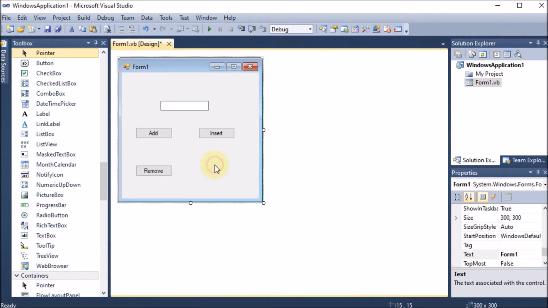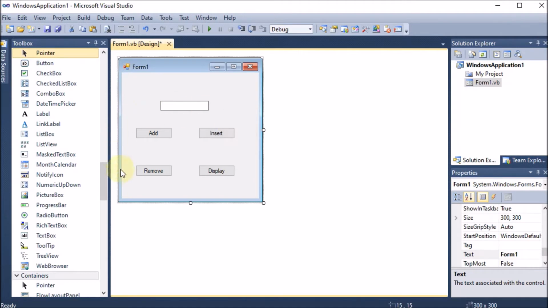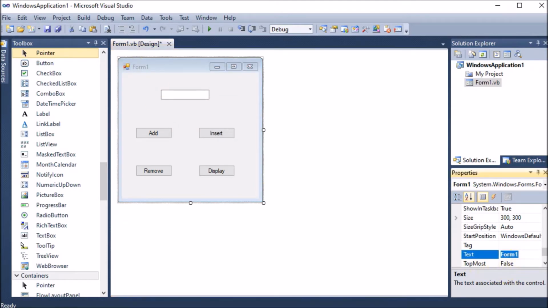Then afterward we want to display the elements, so we are dragging and dropping one button and that button we are taking for display. So changing the text, that is display. Now afterward we are clicking back, we can see that this is the complete form which is ready. Now afterward we are providing the name here to the form. Let us suppose that we are providing our name. So this is Ankit Verma we are providing. You can provide your name here.